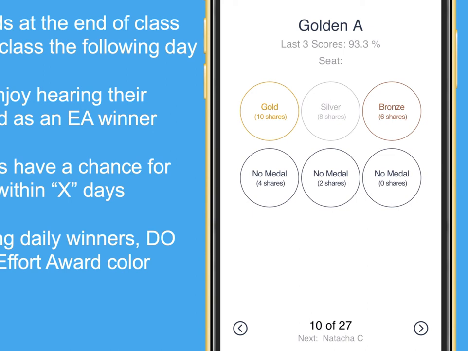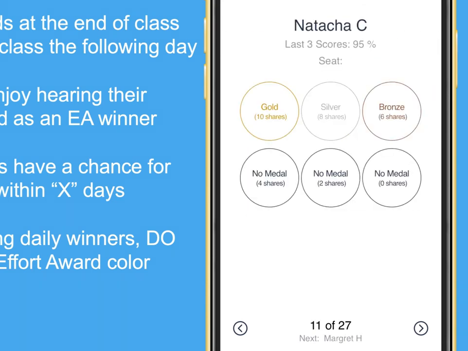To help you decide effort award winners, the average of each student's last 3 scores is shown just under the student's name. But for effort awards given out daily, the last 3 scores likely do not include any scoring from the behavior category. Therefore, consider recent compliance with classroom rules before deciding whether or not a student should receive an effort award. The last 3 scores for this student averaged to 93.3%, and his classroom behavior was good, so a